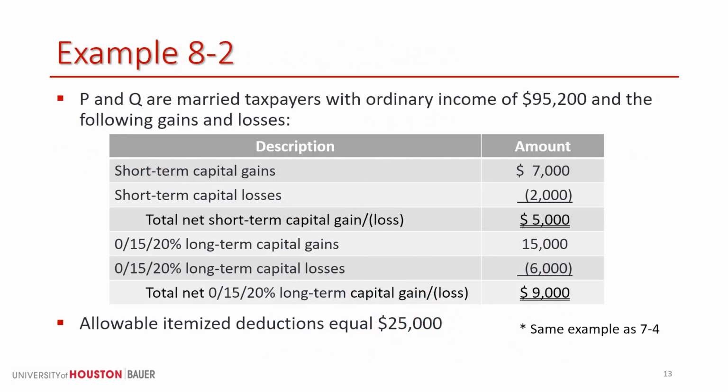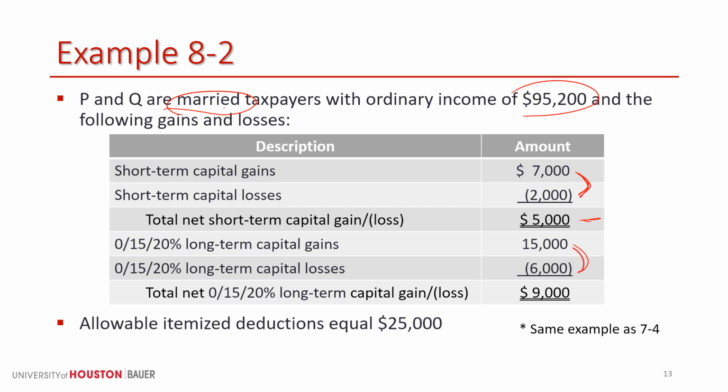We've got this example where we have a married couple, and you always want to pay attention to the filing status. They have ordinary income of 95, and they also have these capital gains and losses. Now the rule for capital gains and losses, which we'll see again in Chapter 7, is really quite straightforward. We're going to net short-term gains with the short-term losses, and in this instance we get $5,000. And then we'll